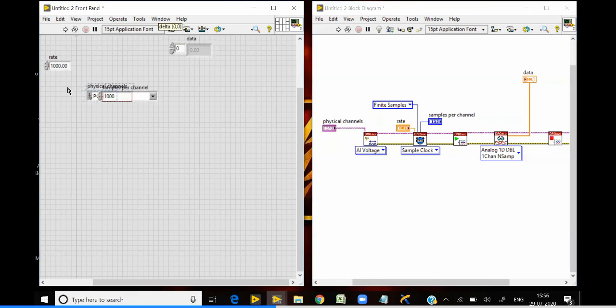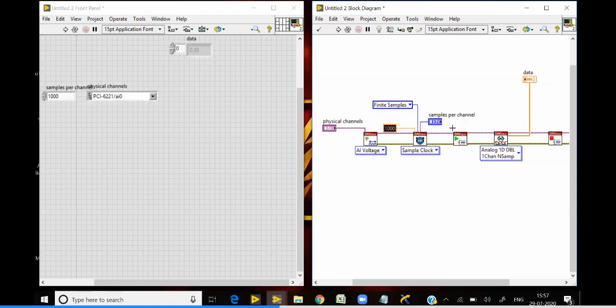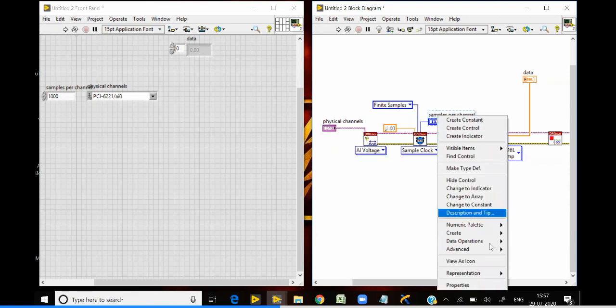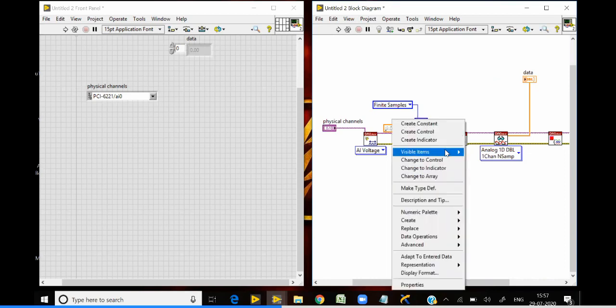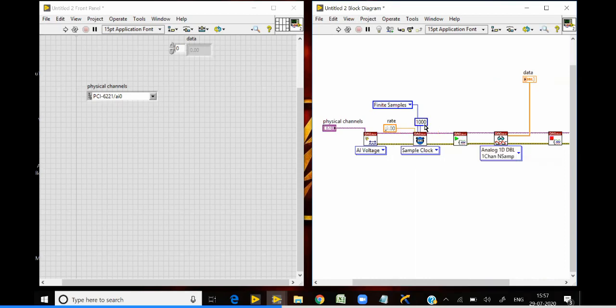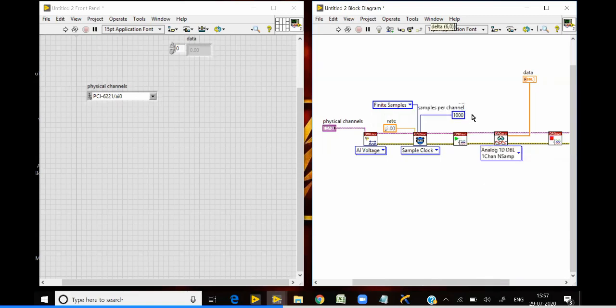Now they will ask a question. They will give this diagram, or else they will make this a constant. This one also will be a constant. This one is rate and this one is samples per channel.